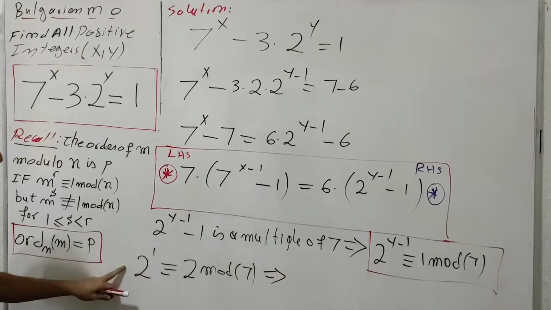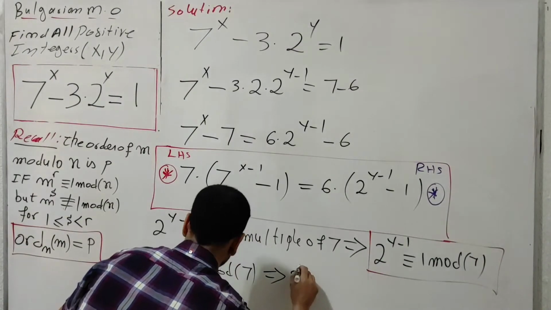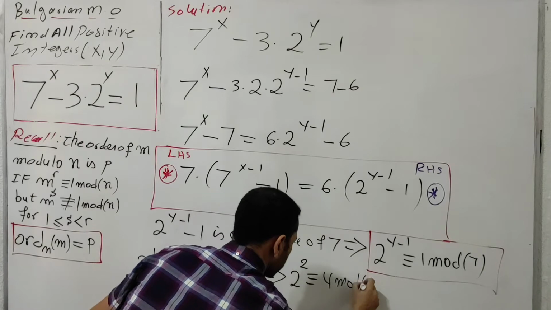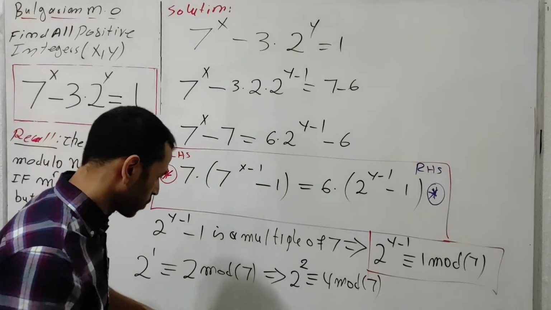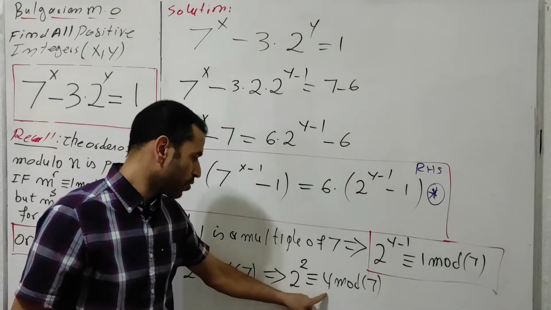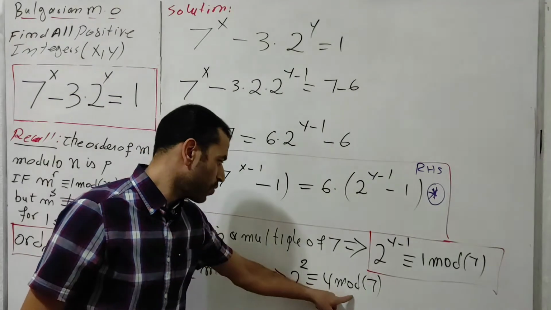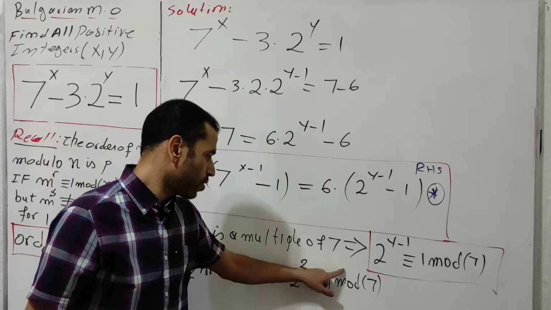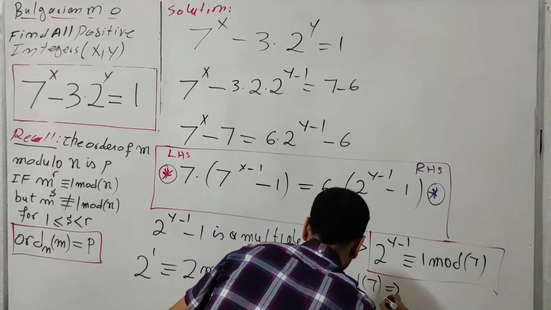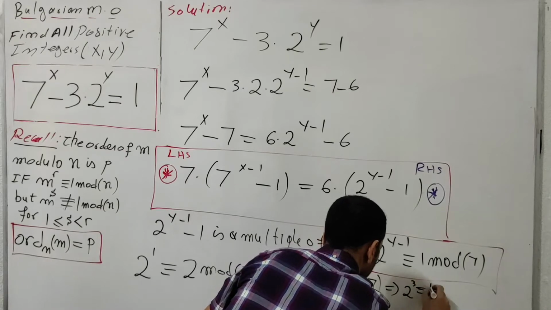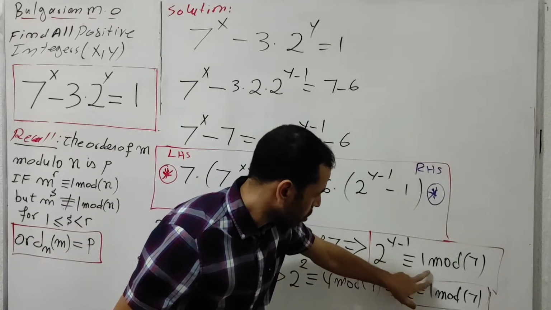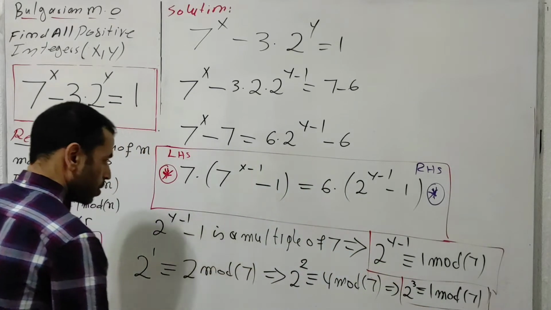What I'm going to do now is multiply both sides by 2. I will get 2 to the 2 is congruent to 4 mod 7. Okay, if you multiply both sides by 2, I will get 2 to the 3. On the right-hand side of this equation, I get 8. That's 8 mod 7. That means I have one more than 7, that means 1 mod 7. Okay, this implies 2 to the 3 is congruent to 1 mod 7. Both statements are written in the same form. Okay, so this implies